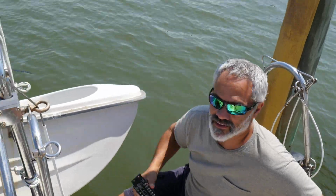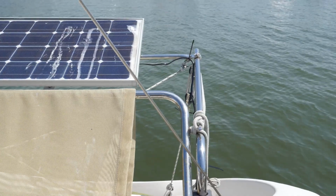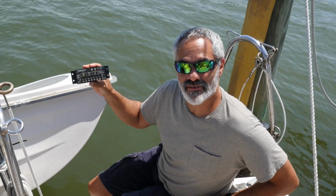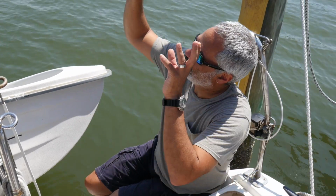Afternoon. So we are out in the Tampa, Florida area today, and a friend has a Gemini catamaran, a 32-footer, and he has a solar panel over here, and his solar controller died. So while we're in town, we're going to help him install the new solar charger. What the solar charger does is when the sun is shining on the solar panel, it is always producing juice,